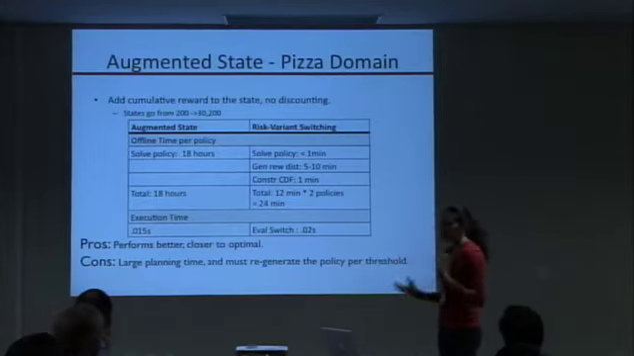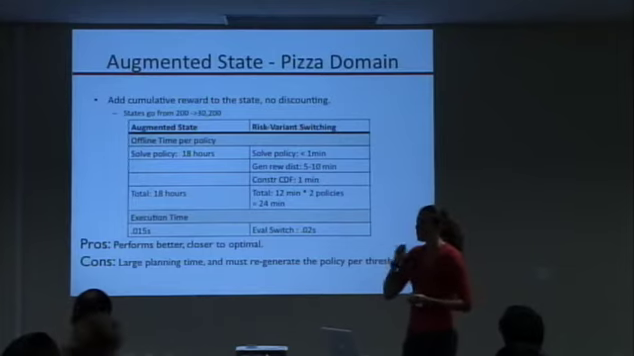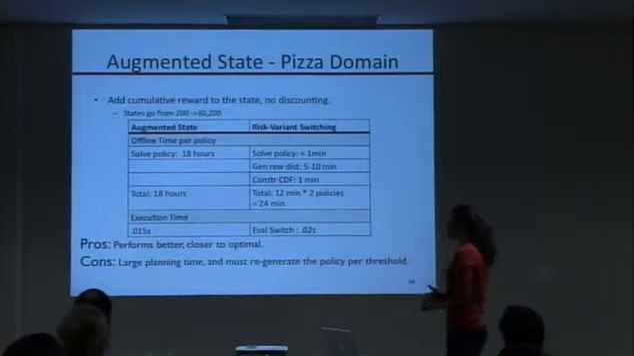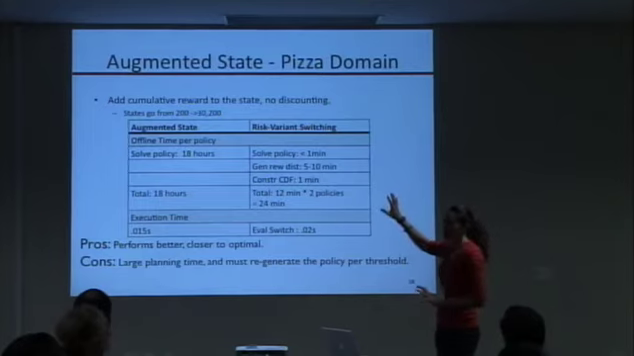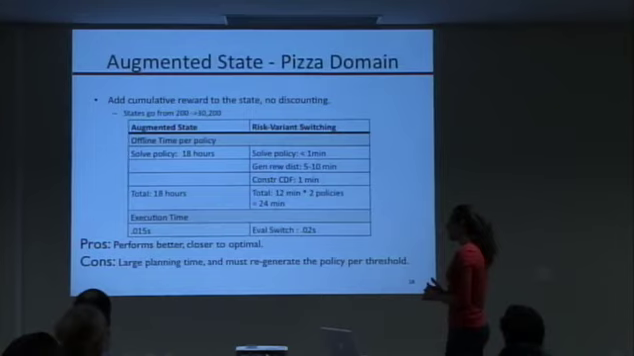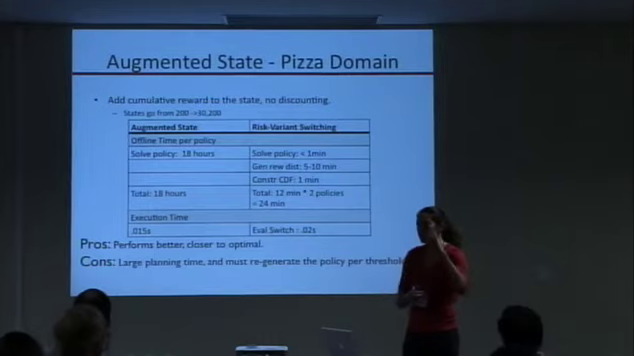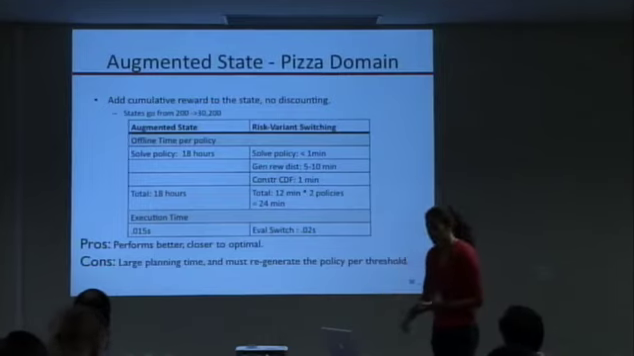Execution time is comparable because you're just doing this check of the CDF, which is either a quick grab out of the graph or a very quick linear interpolation, so the execution time isn't actually that bad. But the pro of adding the time cumulative reward to the state space is that you do get better results. It is closer to optimal. But you do so at the cost of a lot larger planning time, and less flexibility as well. You have to know your threshold before you generate the policy, whereas in our method you can change that threshold